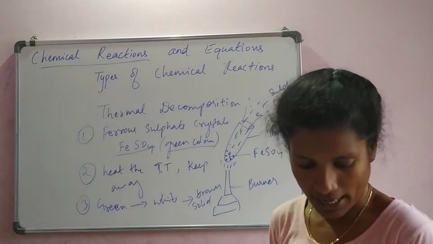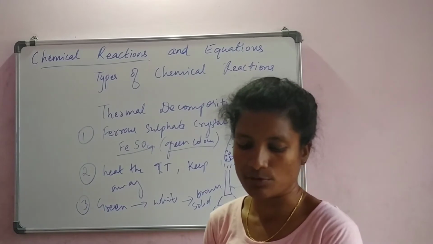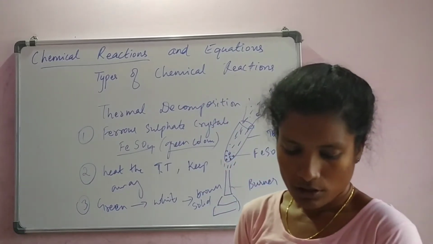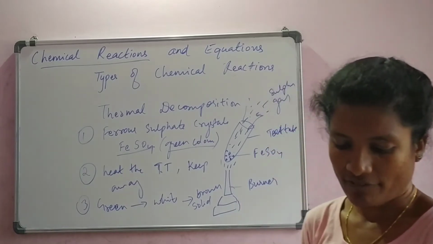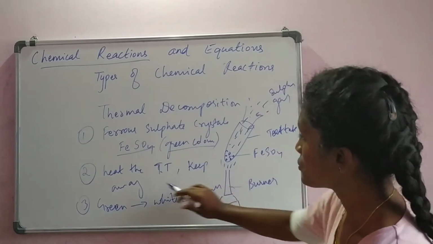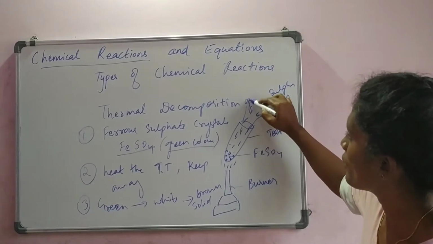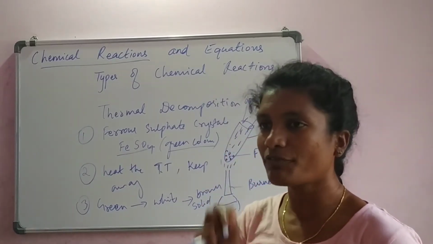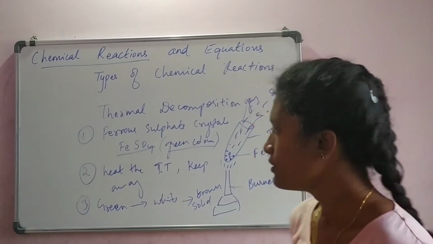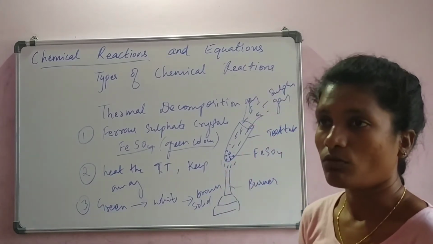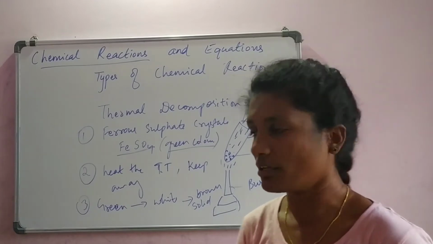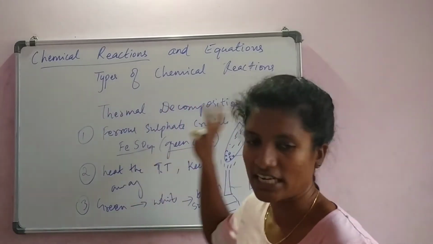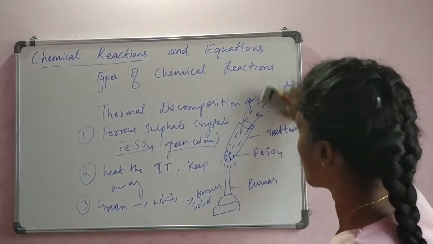So this is what happened. Finally, the gas having the smell of burning sulfur comes out of the boiling tube, which you have to stay away from. Solid remains solid, but here we got gas, right? So there is again a change of state. It is a partial change, not a complete changeover. So this is the experiment. Now we need to write the chemical equation. The diagram is done. We have understood the steps. Let us write the equation. I'll erase this.